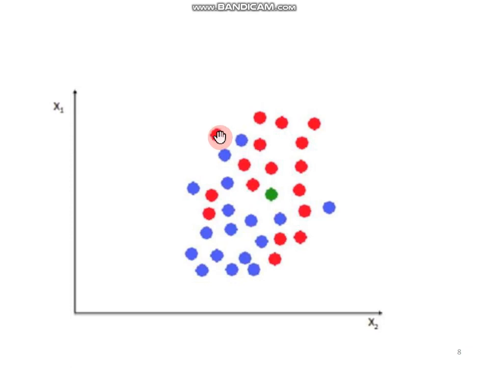The neighbors of this green are red, so it should be red, but this is not the actual case we are dealing with. These seem to be outliers or noise or misclassification. We will see later on what these are.